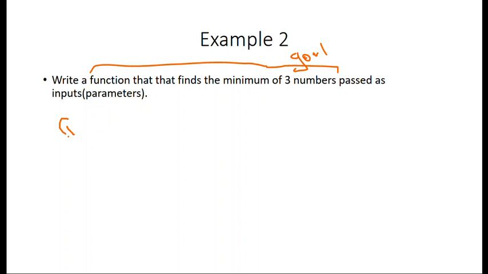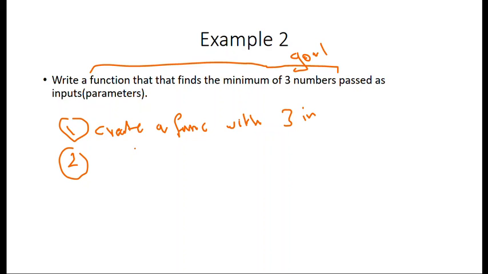So step 1, create a function with 3 inputs, right? Second step would be to initially maybe set the minimum to the first input of the inputs passed,